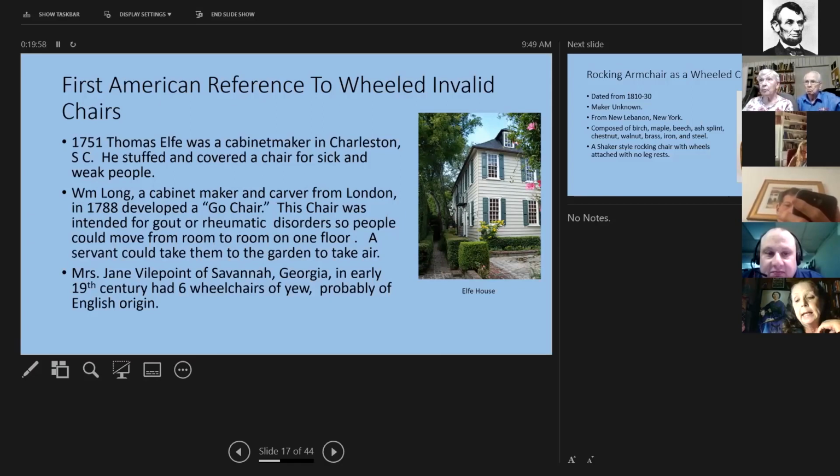And Mrs. Jane Billpoint of Savannah, Georgia, in the early 19th century had six wheelchairs, probably of English origin. If you look here to the right, you will see the Elfe house. So with the people coming to America, they probably had wheelchairs that were brought from England.